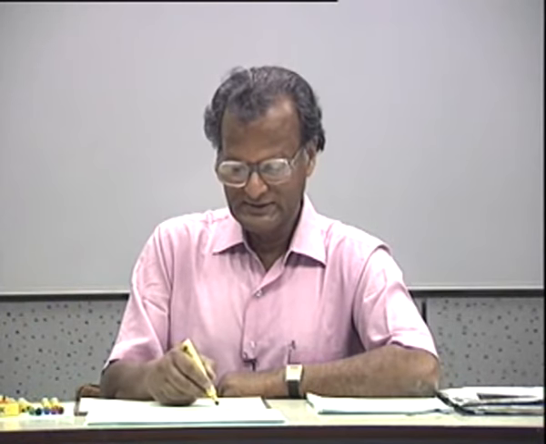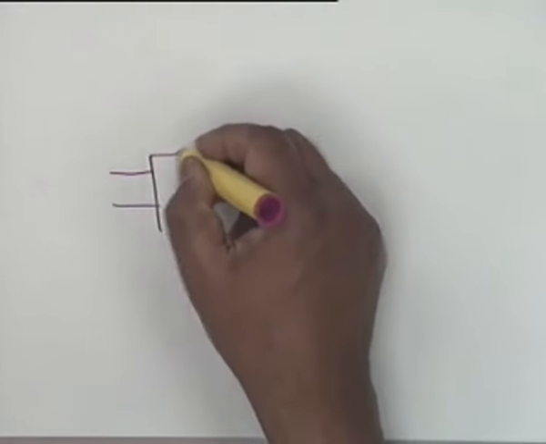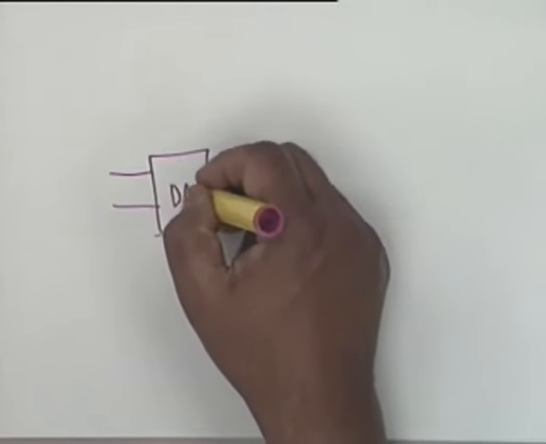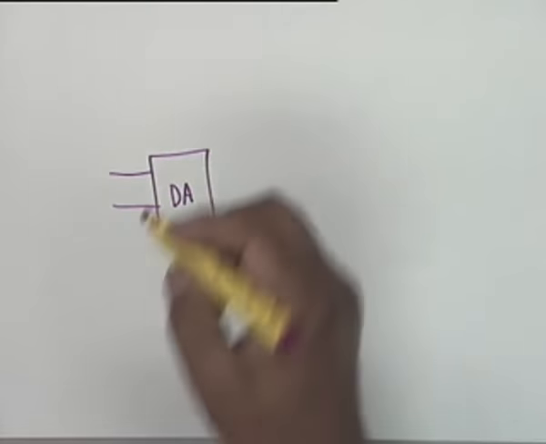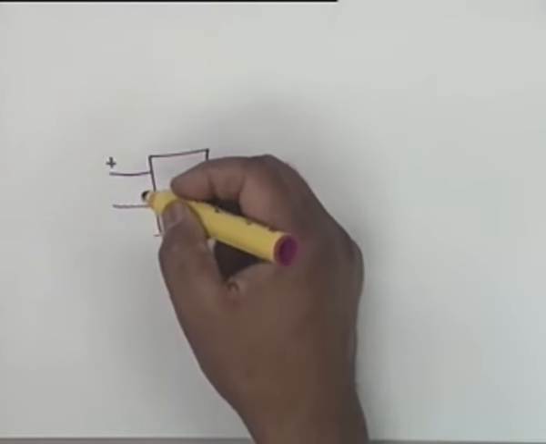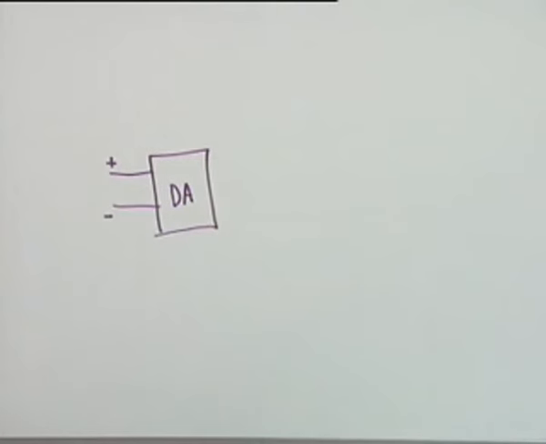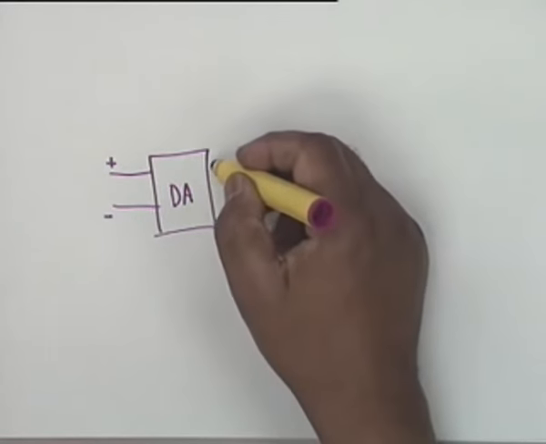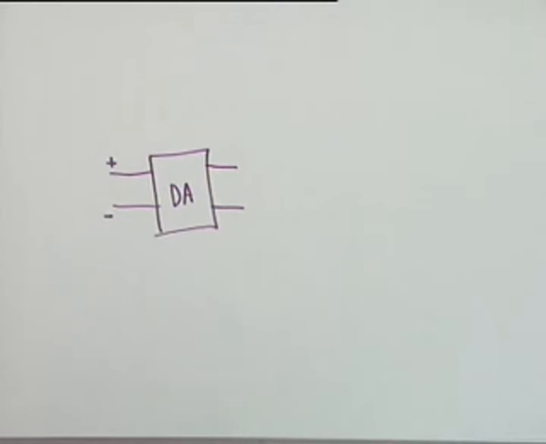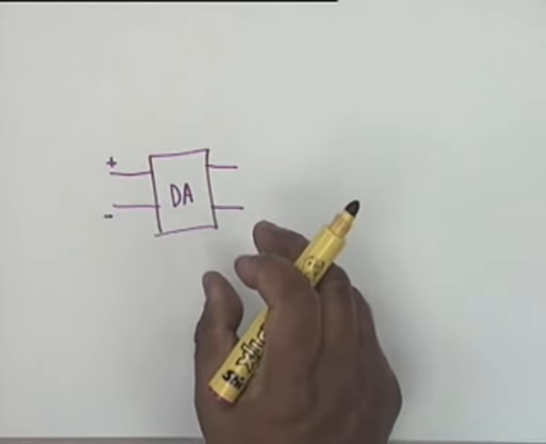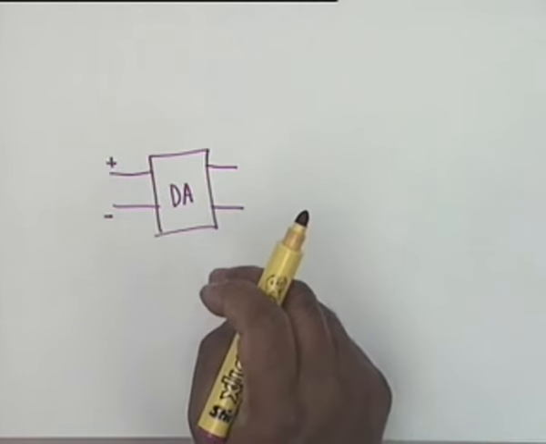What one does is, the input stage is a differential amplifier. We show it by a block. There is an inverting and a non-inverting input. You may have a couple of them. A differential amplifier is direct coupled, and the two collector outputs can be taken to the next stage of the differential amplifier to increase the gain.